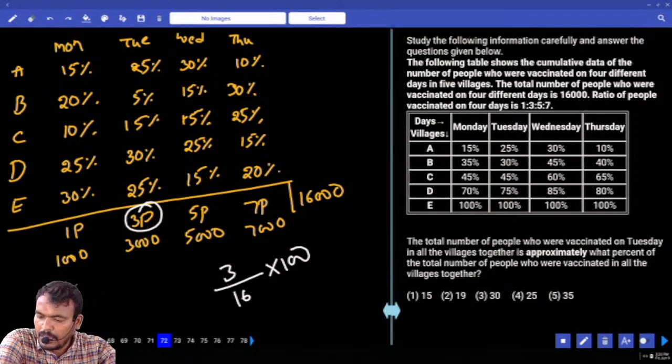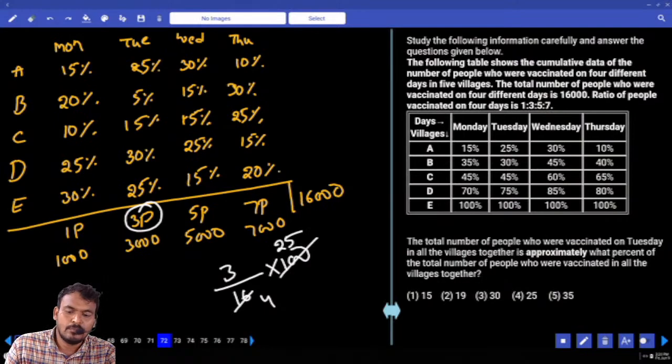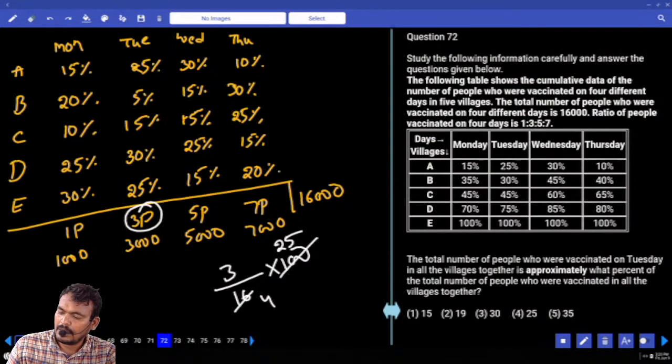Vaccinated on Tuesday means how many parts? 3 parts. And it is calculated on the total number of people who were vaccinated in all the villages. All the villages means how many parts? 16 parts. And 4 times, 4 how many times? 25. That is 75 by 4. More than 18 but less than 19. What is the nearest value? 19 or